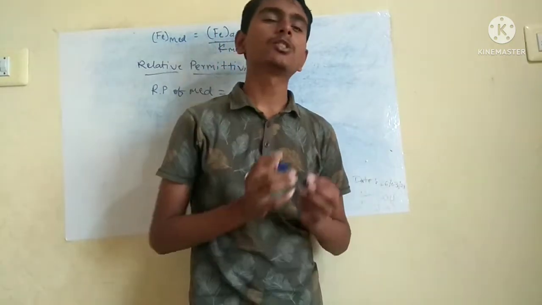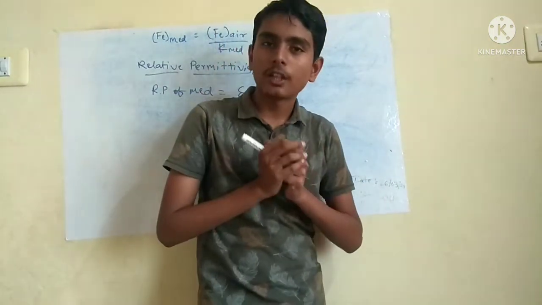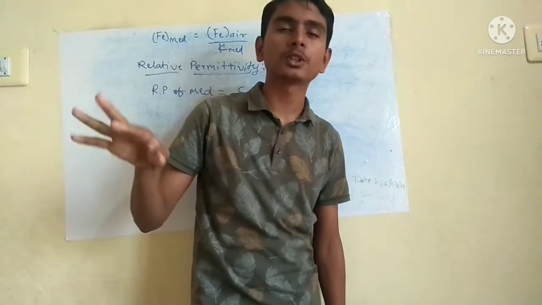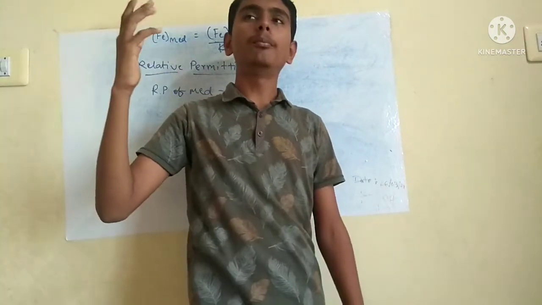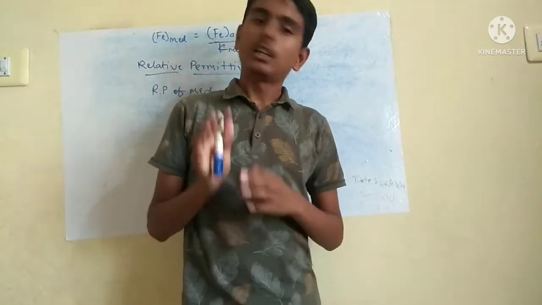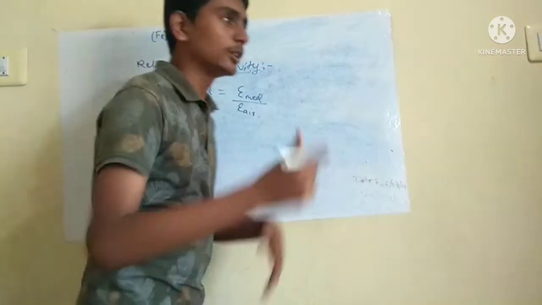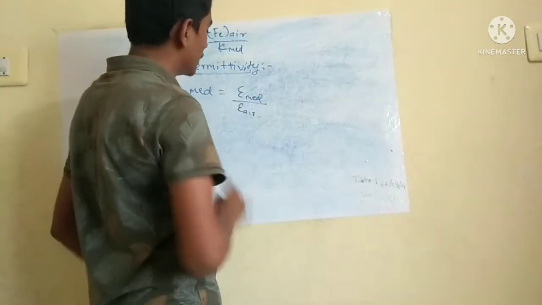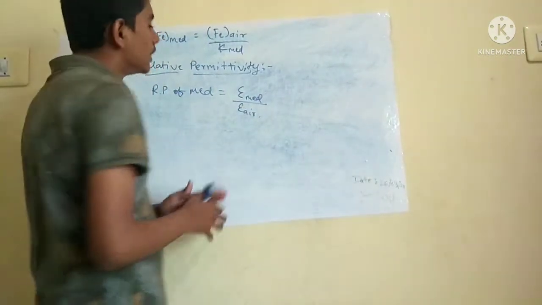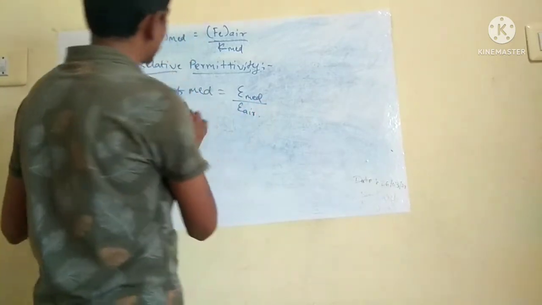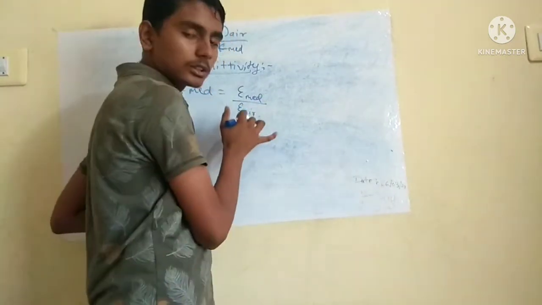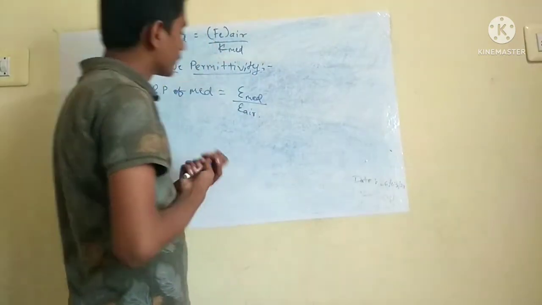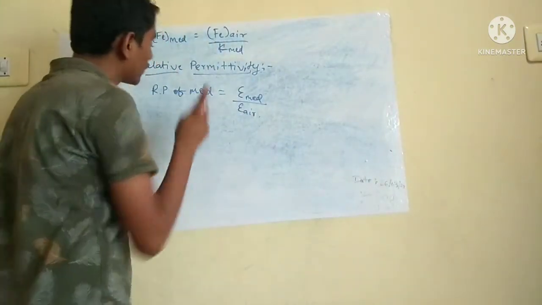Relative velocity means, if you consider the relative velocity of object A with respect to B, then it is the velocity of A minus B. There you will get minus. Relative means you compare. Here also you should compare, there you will get minus, here you will get the divided by sign. Here relative permittivity means you compare the permittivity of that medium by air. Now this is the formula for relative permittivity.